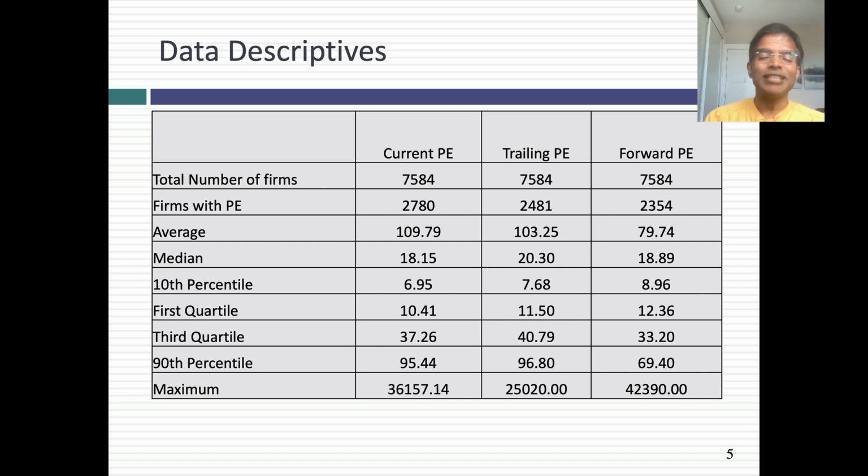That's why when somebody says the typical PE ratio in the US market is 18, you've got to take that with a grain of salt. There's a huge amount of dispersion in the data. So just because a stock trades at 70 times earnings doesn't mean it's overpriced. You have to look at other factors.